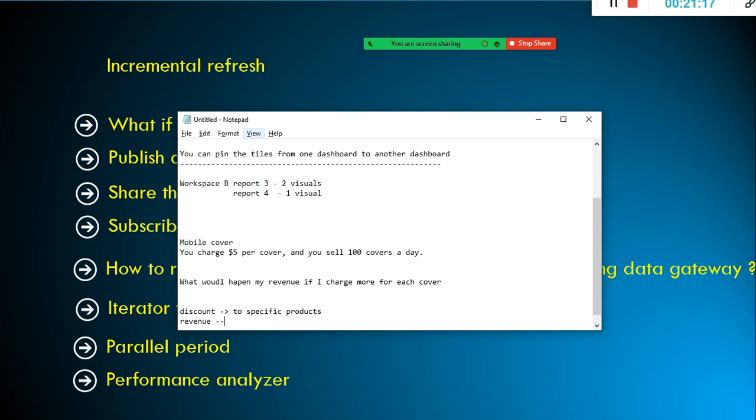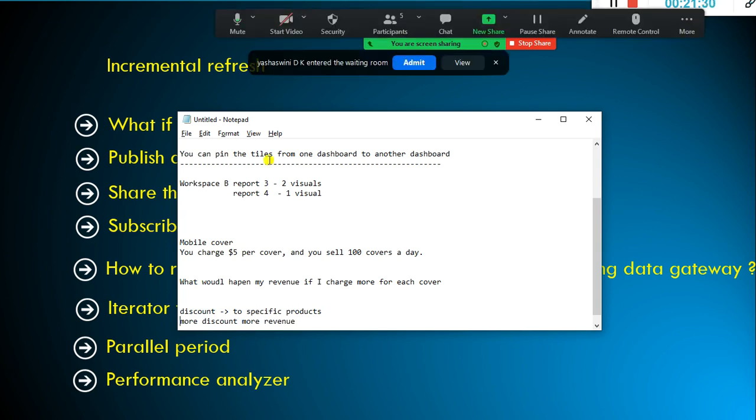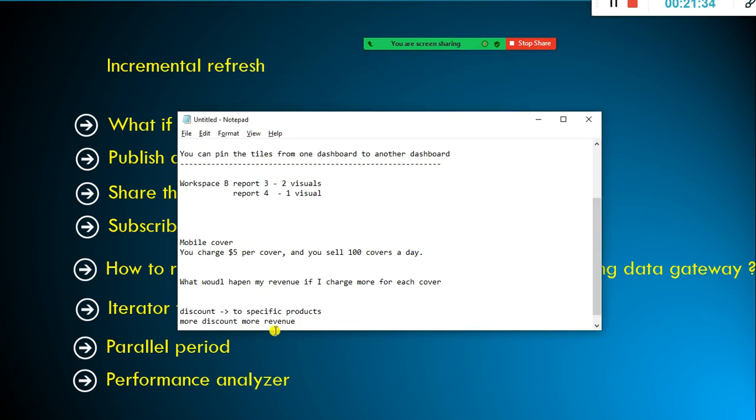The common sense is that when I give more discount, revenue may be more. If the revenue is more, we expect more revenue from the sales.